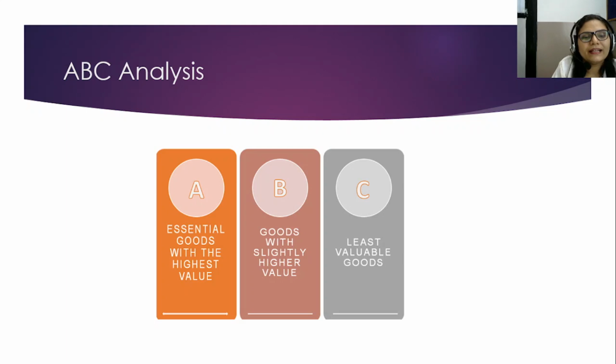Next is item C. These items are manufactured in very small quantity and follow the policy of having only one of the item on hand, or in some cases they are recorded when they are reordered, when a purchase is actually made. Since these are low demand goods with a comparatively higher risk of cost in terms of excessive inventory, it is an ideal situation for these items to stock out after each purchase.